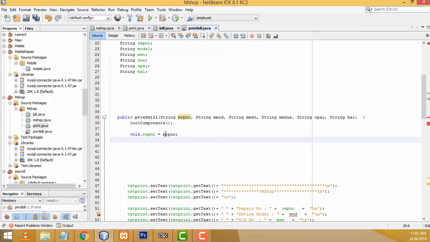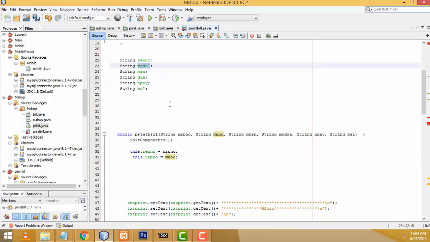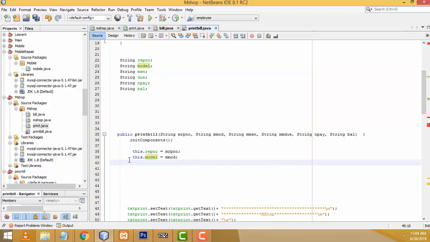Second one, Control C to copy this one, Control V to paste here. Third one, Control C to copy, Control V to paste here. This one, you have to call it here, right? After that